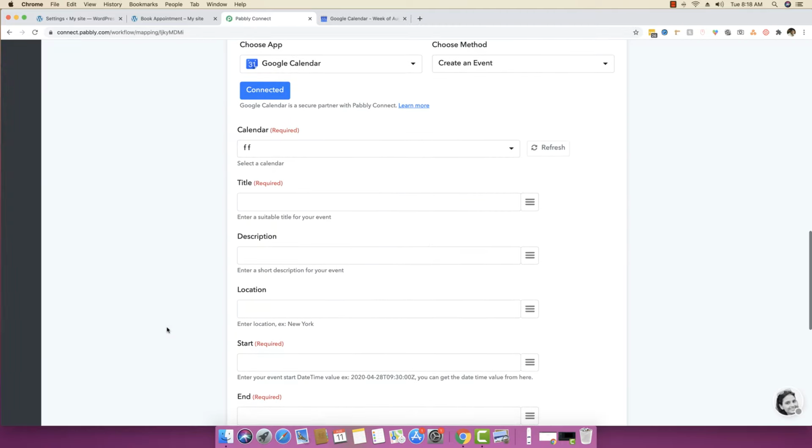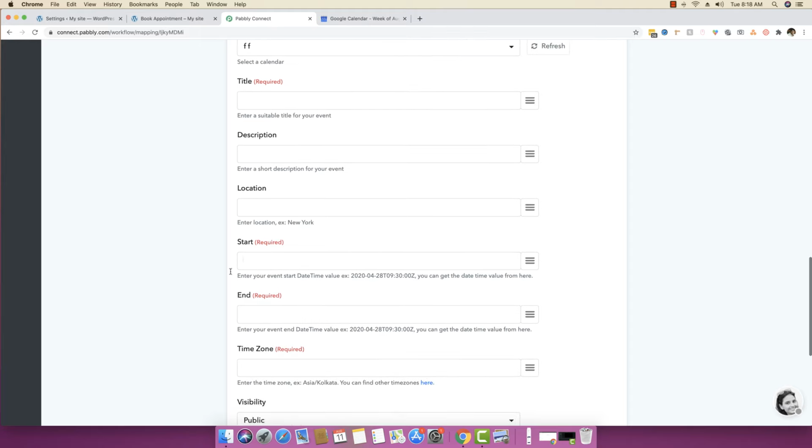The thing that I really want to show is the start time and the end time. If you see the start time and the end time, we actually have to use the format which is specified in the instructions right here. So you can see we have to use the year in the start, then the dash, then the month, dash, then the date, and then there is this T thing, the time zone thing that we have to use.